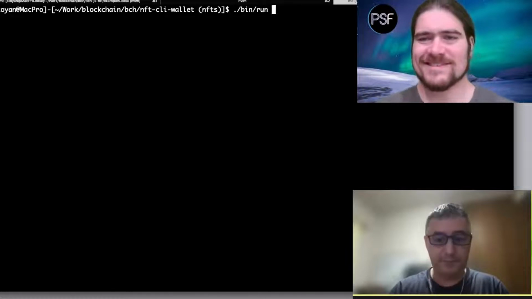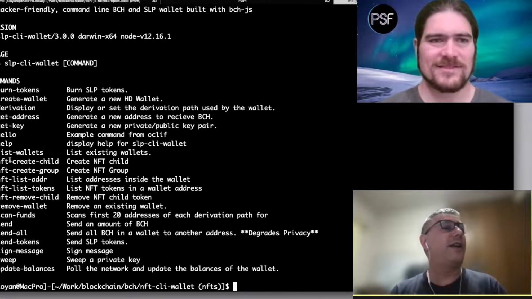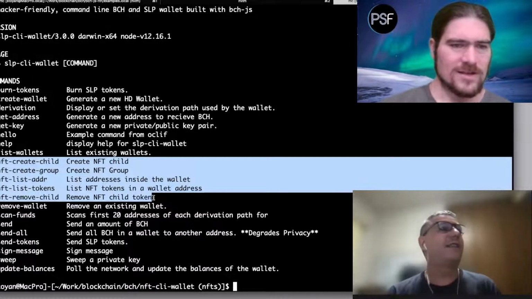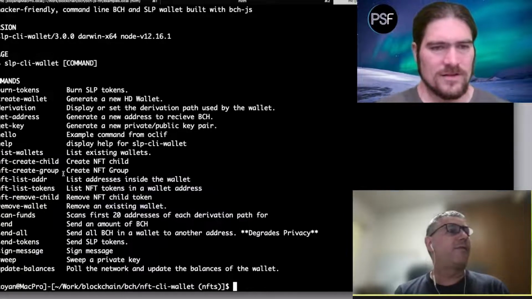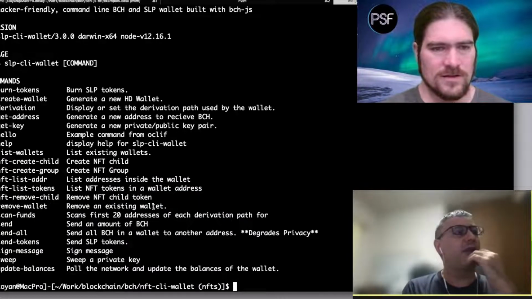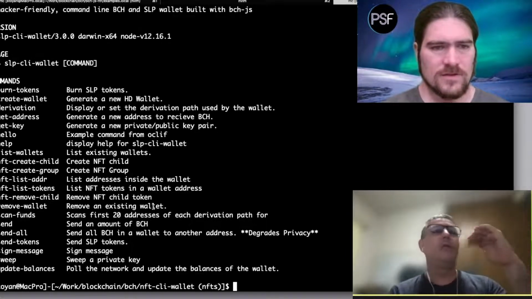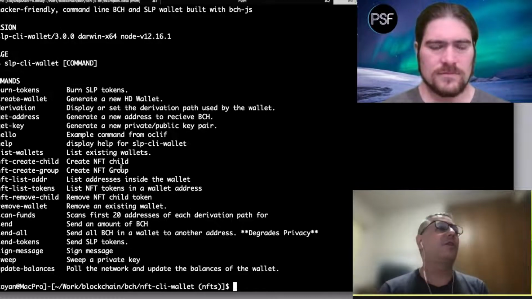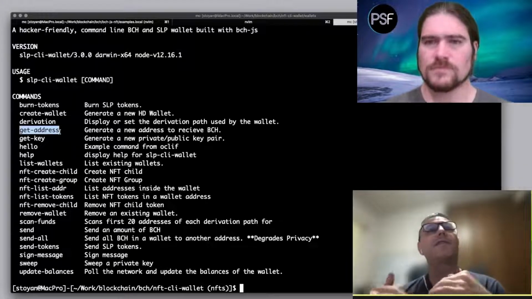So you can see I have here a bunch of NFT related functions, and the problem here was that we know this wallet is multi-address. If you remember, we thought about this. You can get many addresses with this get address.